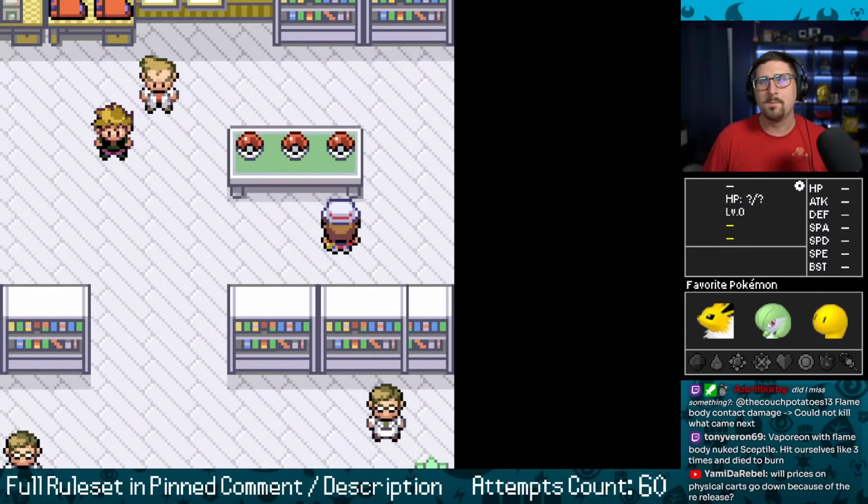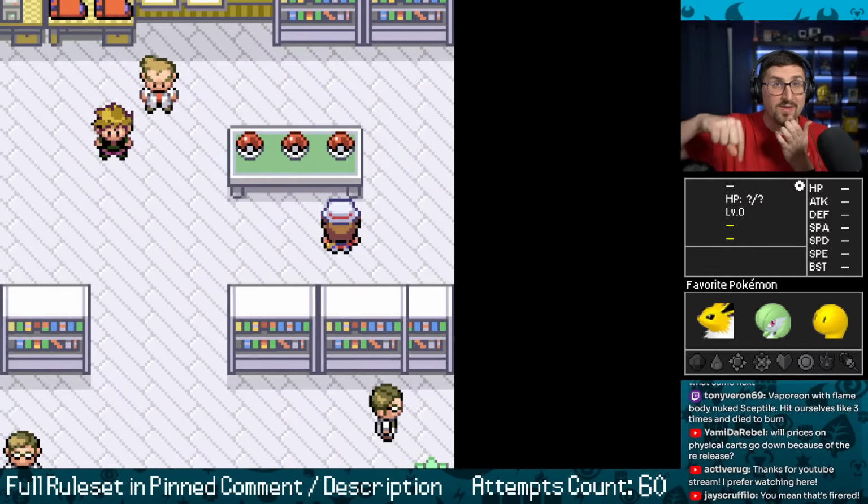So, next rule here. Besides your favorites, which I have plugged in here, these are three Pokemon that are generally good in this kind of challenge, and also some of my favorites are ones that created storylines for me early in. If it's not a favorite, I have to pick which ball to pick.